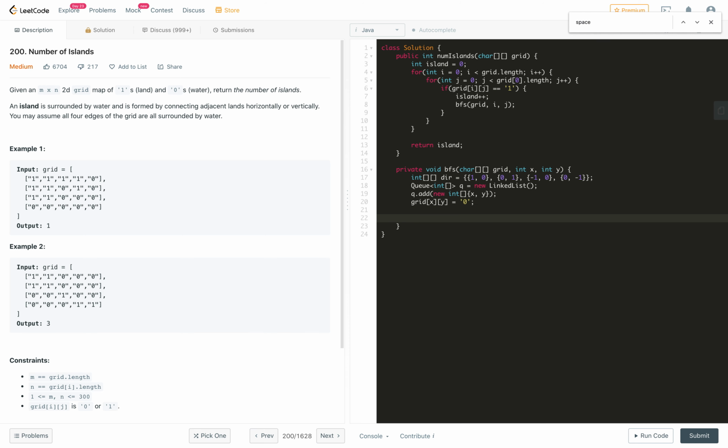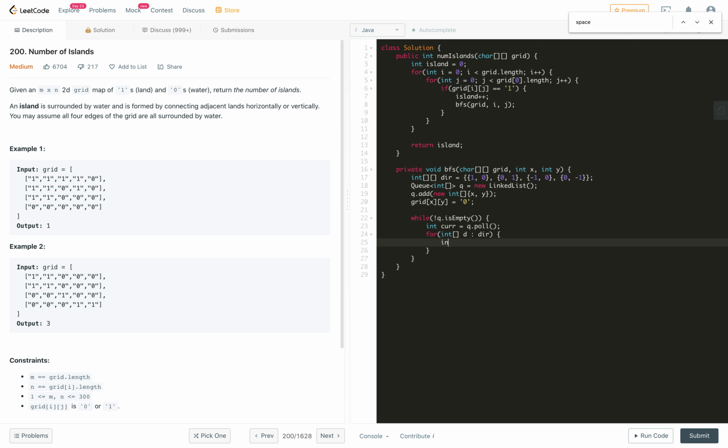Now we will iterate our queue until the queue is empty. Then we will first fetch the current coordinate, which will be q dot poll. Now iterate in the 4 directions, int d in direction array.